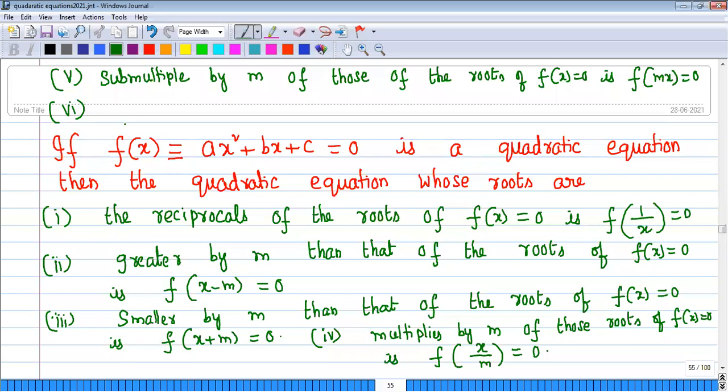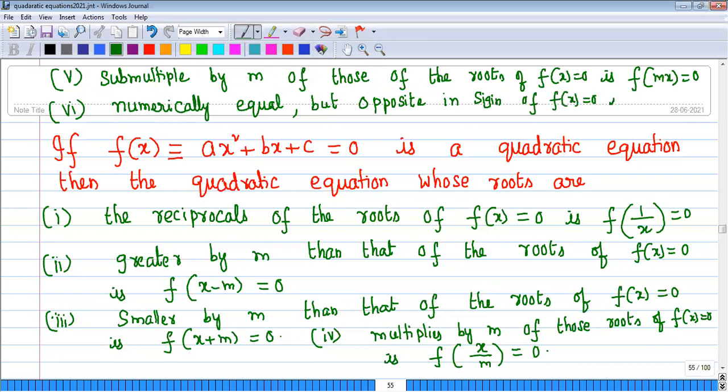Now the numerically equal, but opposite in sign, of f of x is equal to 0. That means this time the quadratic equation formed by the roots minus alpha, minus beta. Simple. In the place of